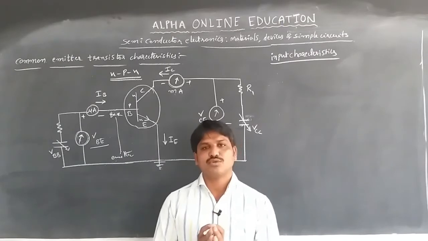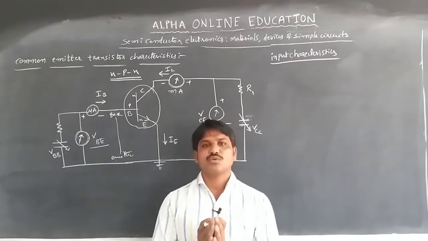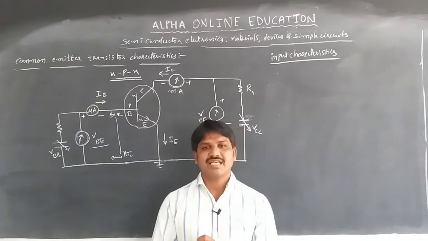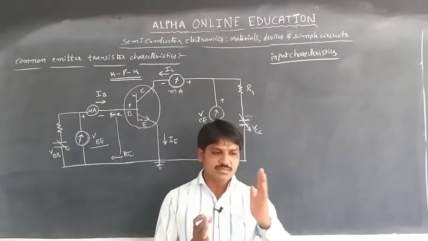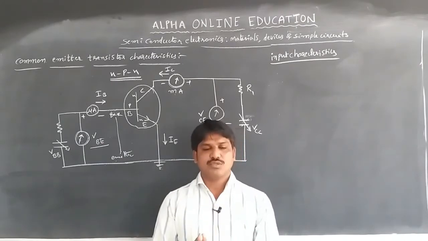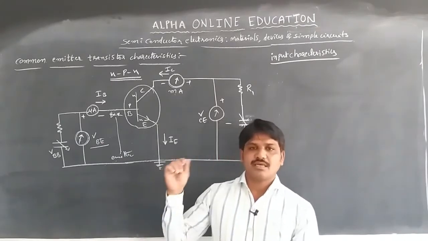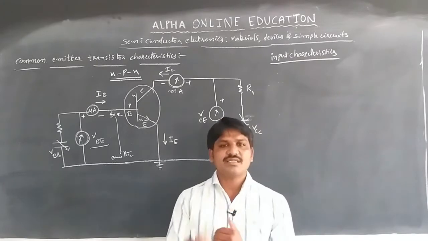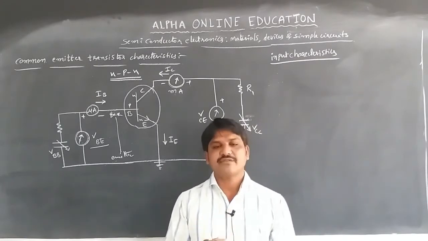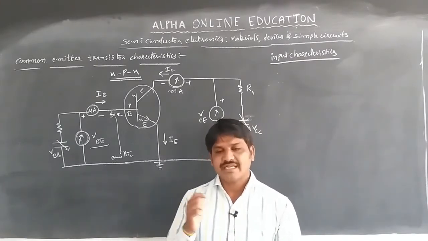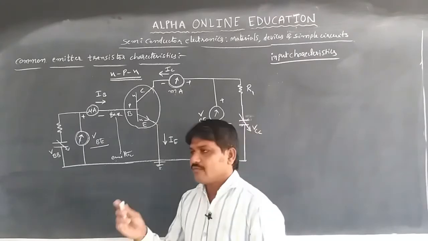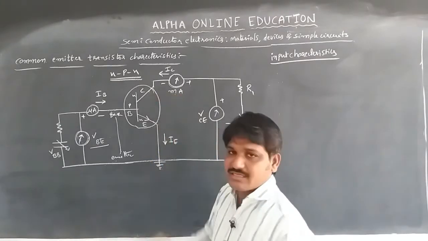2 for the input and 2 for the output. So, to connect that, one terminal is common to input and output. Here we are taking the common emitter, and then we need to activate the transistor. To activate the transistor by connecting it in the circuit, here an NPN transistor is taken.